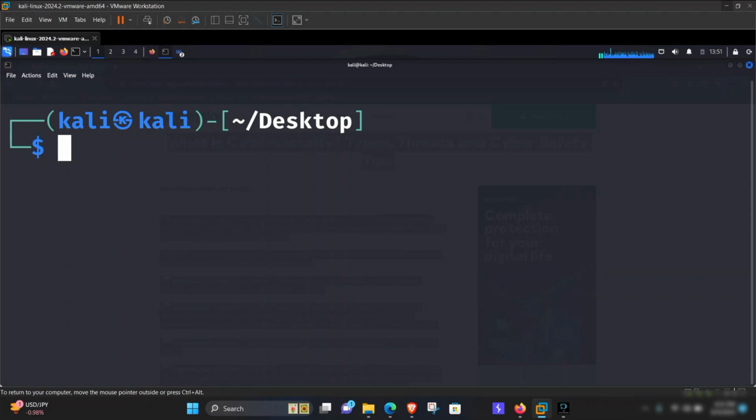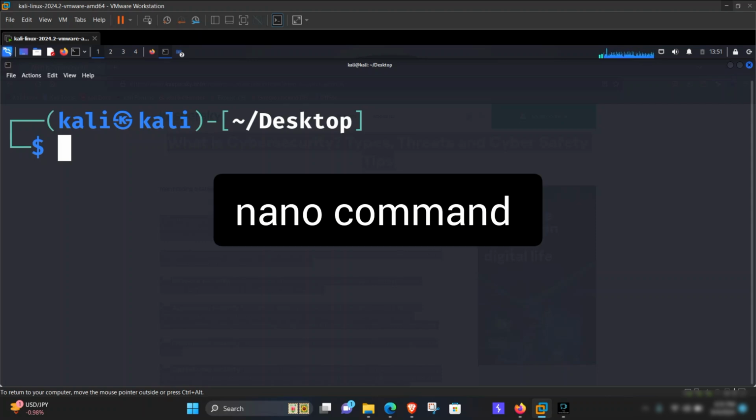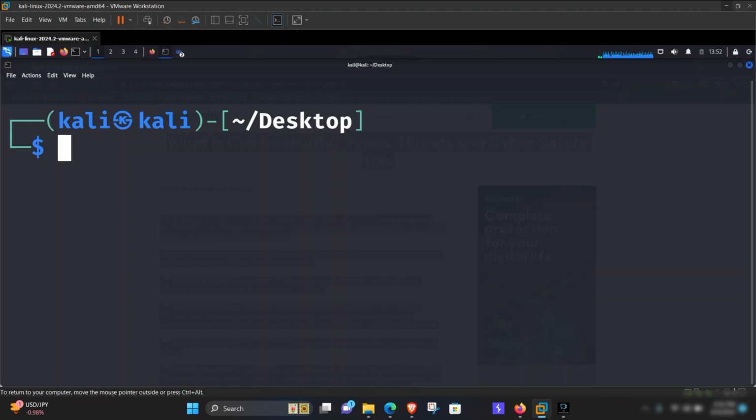Today we are going to discuss the command nano. The nano command is used to open the Nano text editor in Unix and Linux systems. It is a simple and easy to use text editor that operates within the terminal. Nano is particularly user-friendly, making it ideal for beginners who need to edit text files directly from the command line. So the basic syntax here is nano